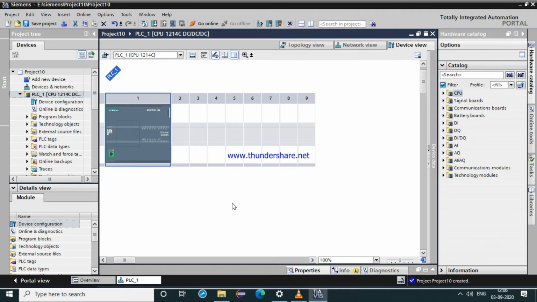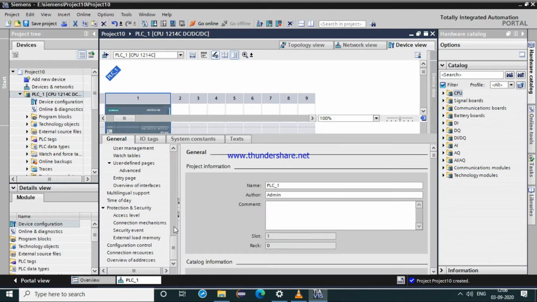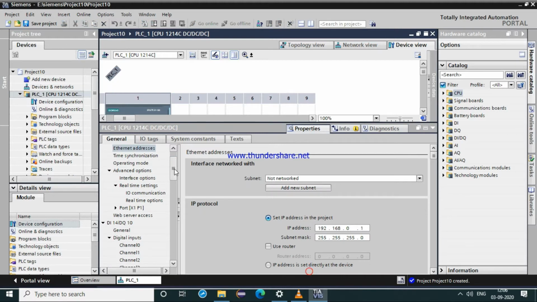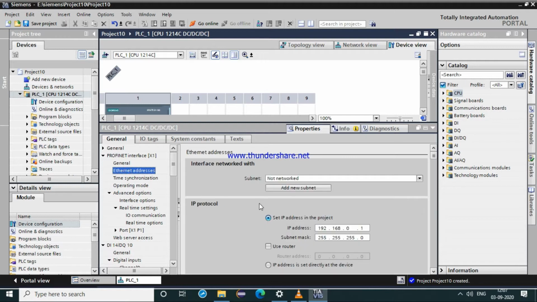Once we click on the PLC and get to its properties, inside the properties this is the general section. Here is your Profinet interface, and then your Ethernet address, where we need to set an IP address so that we can interface with our hardware.